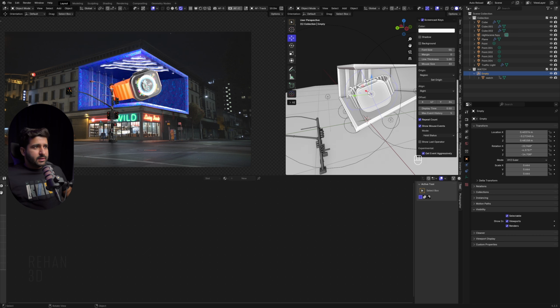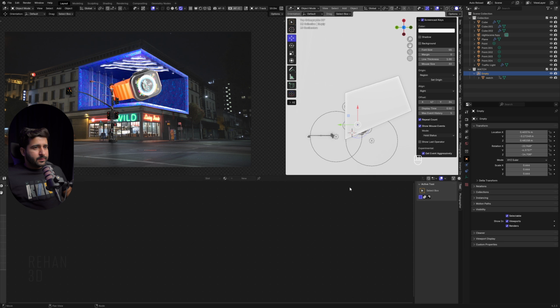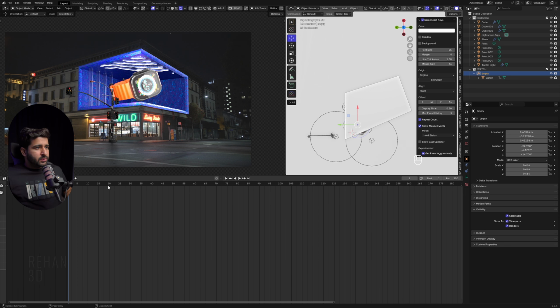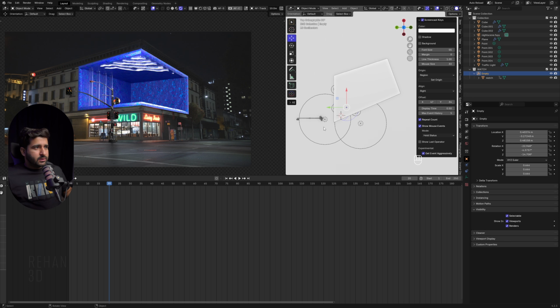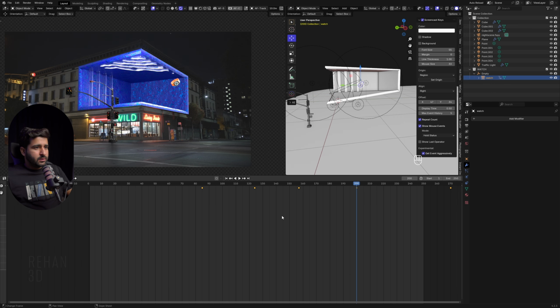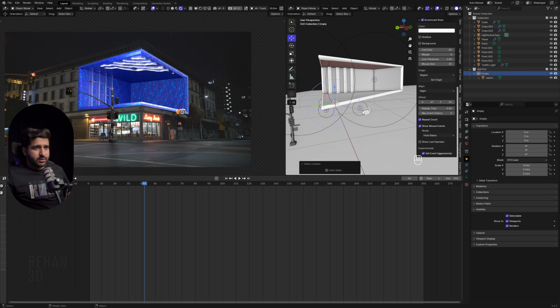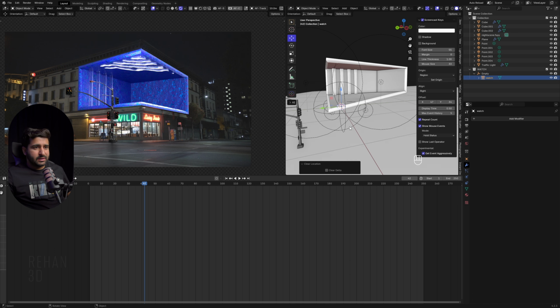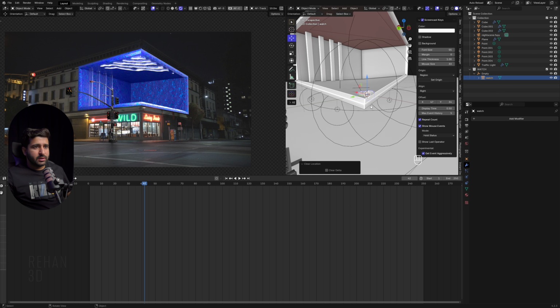So I will select this, bring up the timeline, Shift F12, go into 20 frames like this, and I think my watch is on the animation frames, so I will simply remove these keyframes. So simply guys, just select this empty, move on to Z and apply this also. Alt R and Alt G to reset the location and orientation.